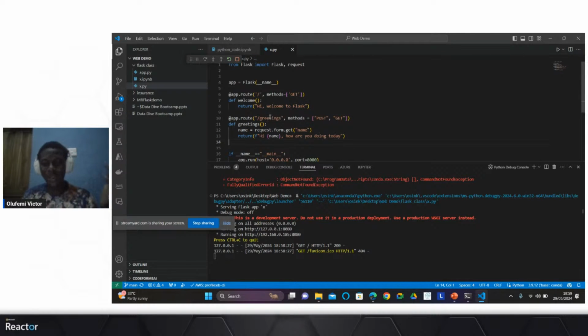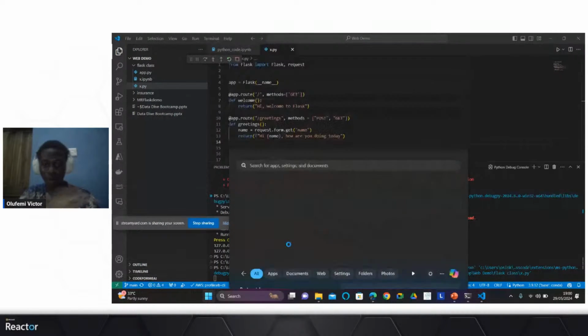But unfortunately, we can't send post requests directly from the browser without a form or a front end, so I'm going to use Postman to do that real quick. One second. Okay, let's see how that goes. I'm going to save this and rerun this app, and let me pull up Postman.